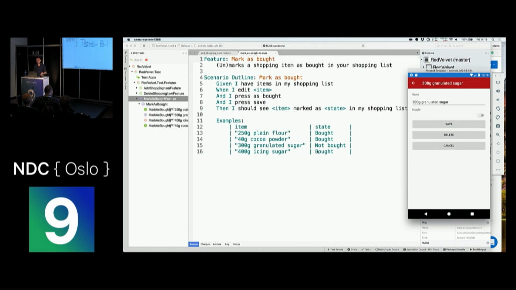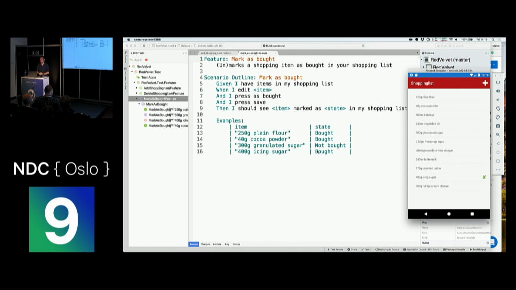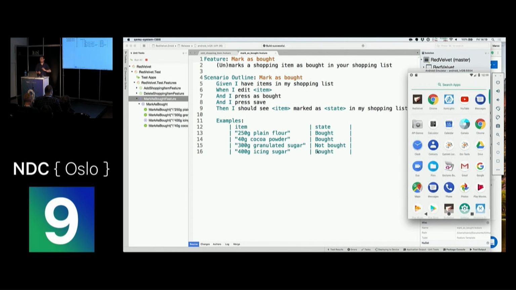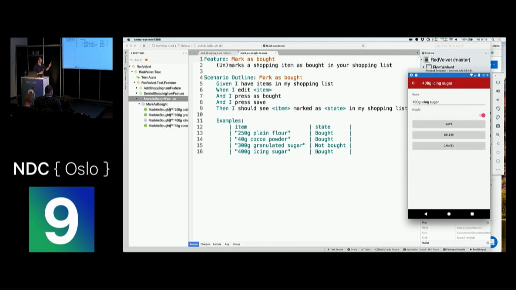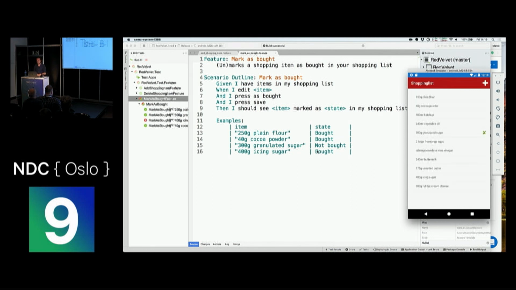This one should be not bought, but since it's wrong, it's going to be red at the outcome. But as you can understand, the three amigos who made this feature file just wrote down the specifications, and we're going to automate it. So it's going to do the icing sugar now. It's going to flip the toggle to not bought, but because of the example that is inside of the feature file, it's going to be red because it's a wrong one.